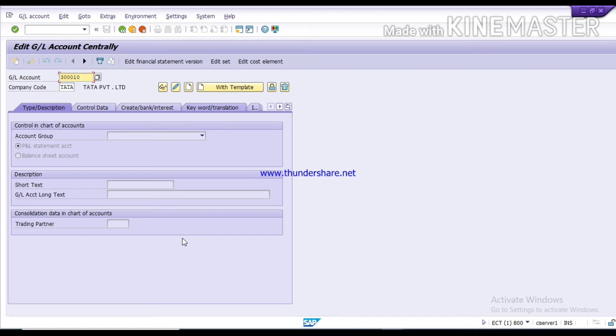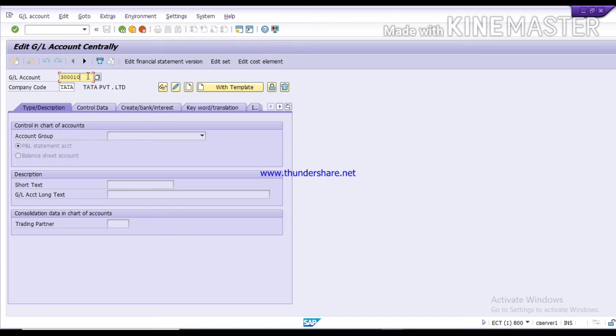Here you need to remember, whatever the transaction you are going to do in future for all GL creation, we will select all the parameters, but we will create any one GL and we will show all the fields which we use for other GLs also. So we will record all the fields which we are going to use in other GLs also, but we will create one GL.